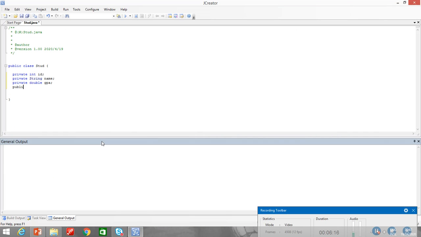So public void output details. So what we are doing, system.out.println, ID is plus ID, and I will write these three statements.